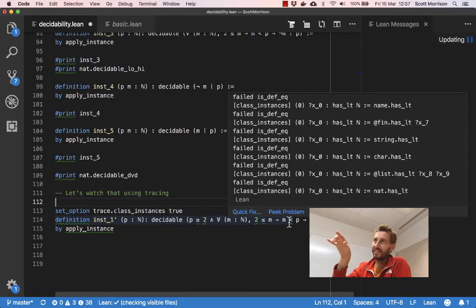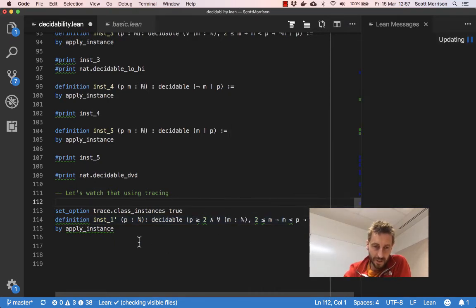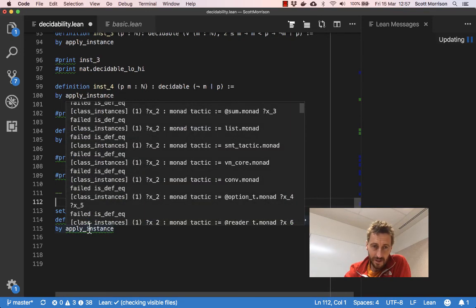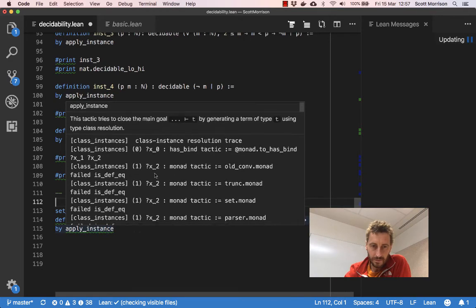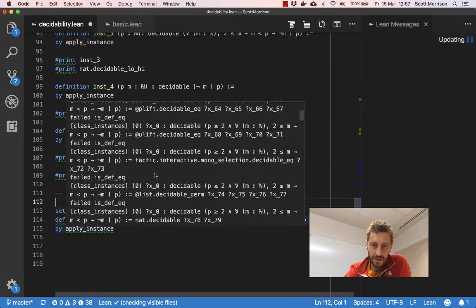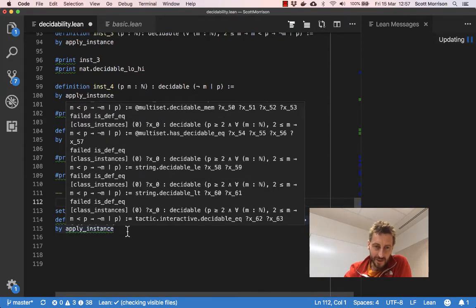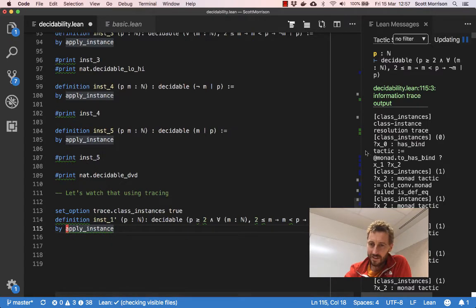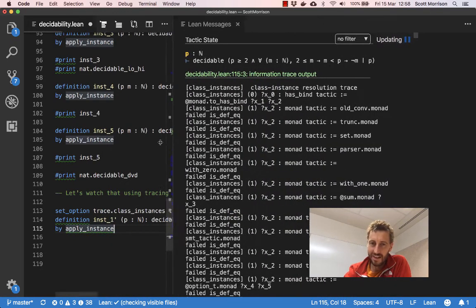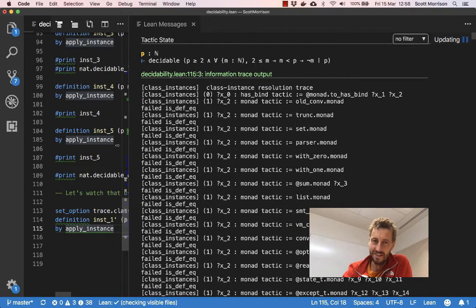A lot of the tactics have a version with a capital I appended on the end, which says do this and then rebuild the instance cache. But we'll come to that if we need it. Okay. But the thing that we were most interested in was this one. I think. Oh dear. Whoa. Okay. So this message here, this green squiggle on this line, multiple instance searches are going on, and